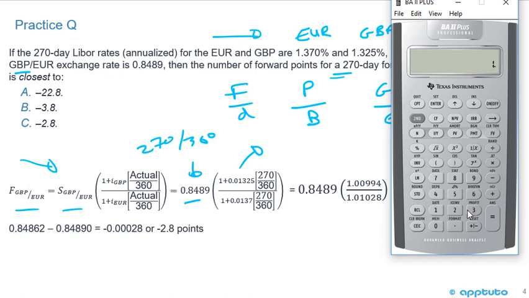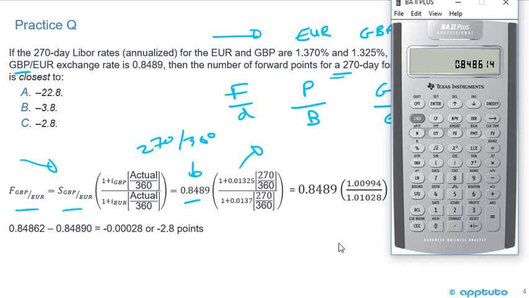And then to calculate the denominator, I'm going to make sure I clear that, 1.37, going to hit the percent key, times 270 divided by 360. Going to add my 1, and I'm going to get 1.01275. In this case, it's been rounded, 1.0128. Okay, so then I'm just going to do 1.00994 divided by 1.01028, and you can see it's going to be at a discount, times my spot rate,